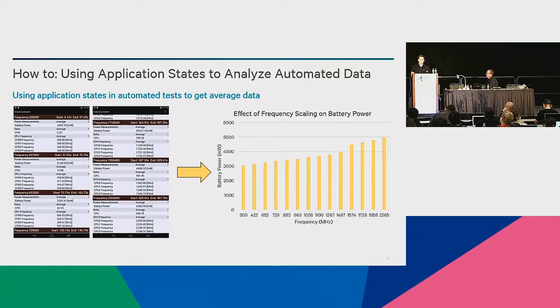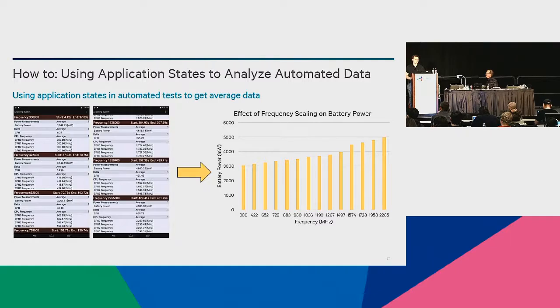And here's how we did that. I'll be going into a little more detail in the next slide, but the basic principle is we set the CPU at the lowest frequency, and then we slowly scale the CPU up, and then measure the battery power. In order to measure the battery power just at that frequency, we used application states. And if you run through this experiment and open up the session in Trepn for analysis, you'll see